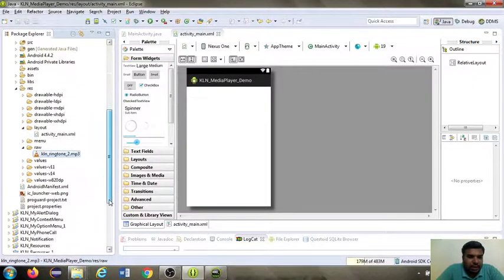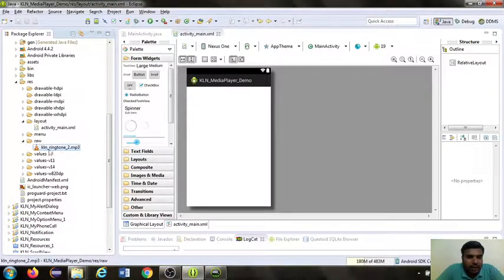One of the constraints in naming your audio file is that it should follow the Java naming convention, which means it should start with a small letter. It should have only small letter alphabets. It can have numbers mixed in, and it can have an underscore as a special character. These are the only allowed symbols, characters and numbers in your audio file name, so you have to name your audio resource file accordingly. With this, we have successfully loaded the audio file into our project.